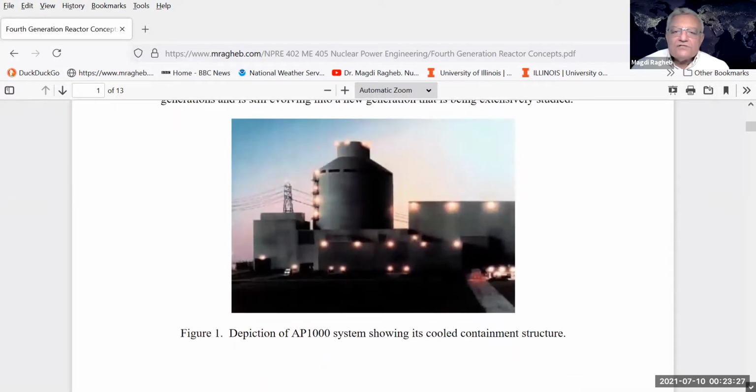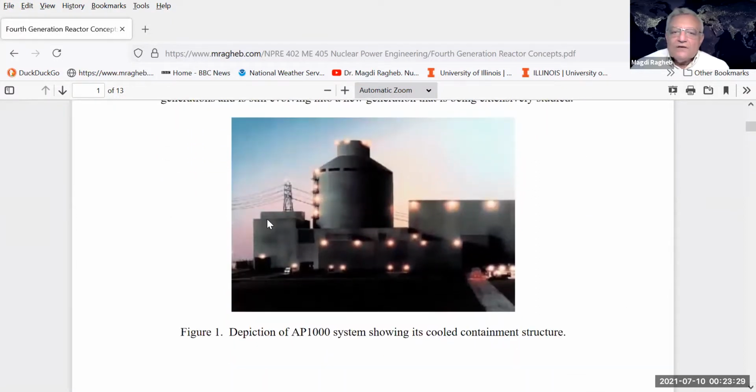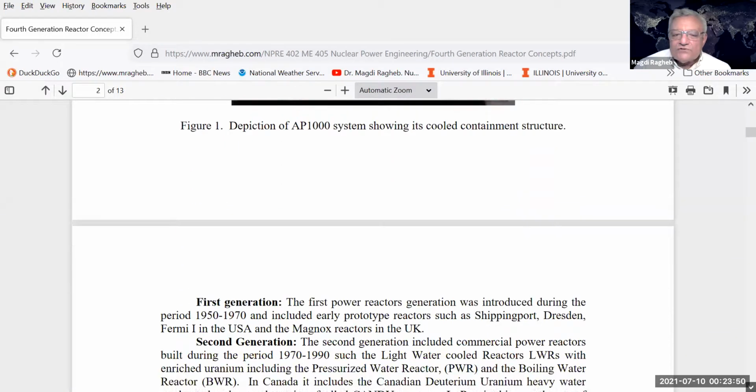As a 3rd generation reactor, I've shown already in the chapter on the pressurized water reactor, the advanced passive 1000, AP 1000 reactor that is being built in different parts of the world now with the chimney kind of a concept as an extra safety feature compared with existing light water reactors. However, on the drawing boards, we have the